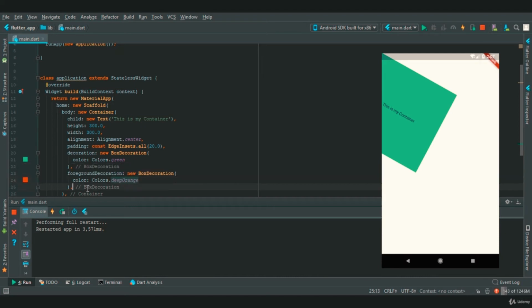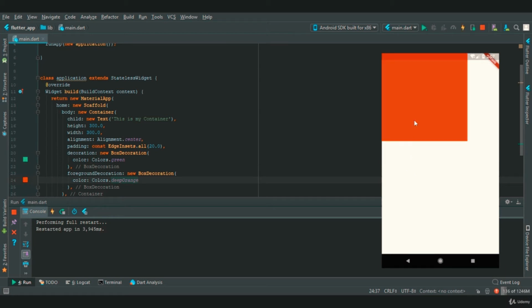Now the foreground is going to hide the child, and it is also going to hide the properties of decoration. So whatever properties you provide in a decoration will get hidden by the foreground decoration. So if we restart our app now, we will get a foreground color as orange.